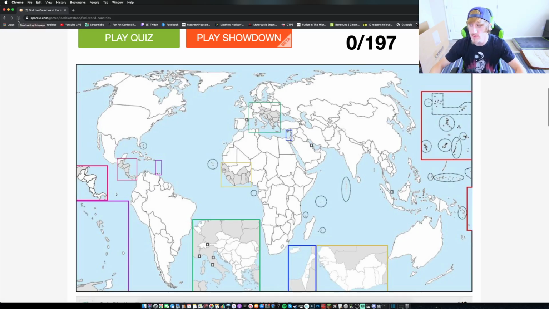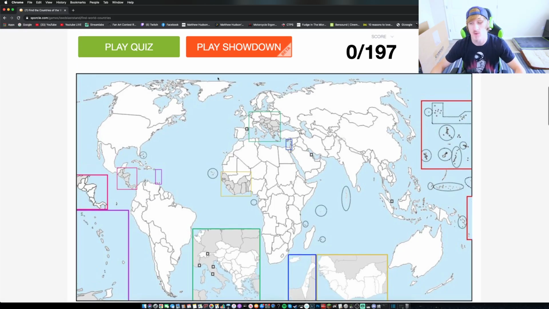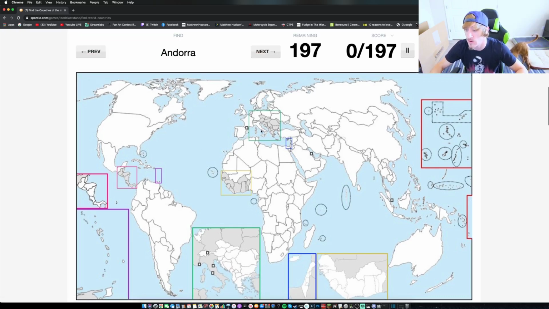So what I'm going to do is do that real quick. We're going to start right now, and I will see how many I can do. And I'll try to explain my thought process along the way, if I can. Andorra, really small country between Spain and France that nobody knows about. I like to call it Budget Switzerland, personally, because it looks like Budget Switzerland when you're there.